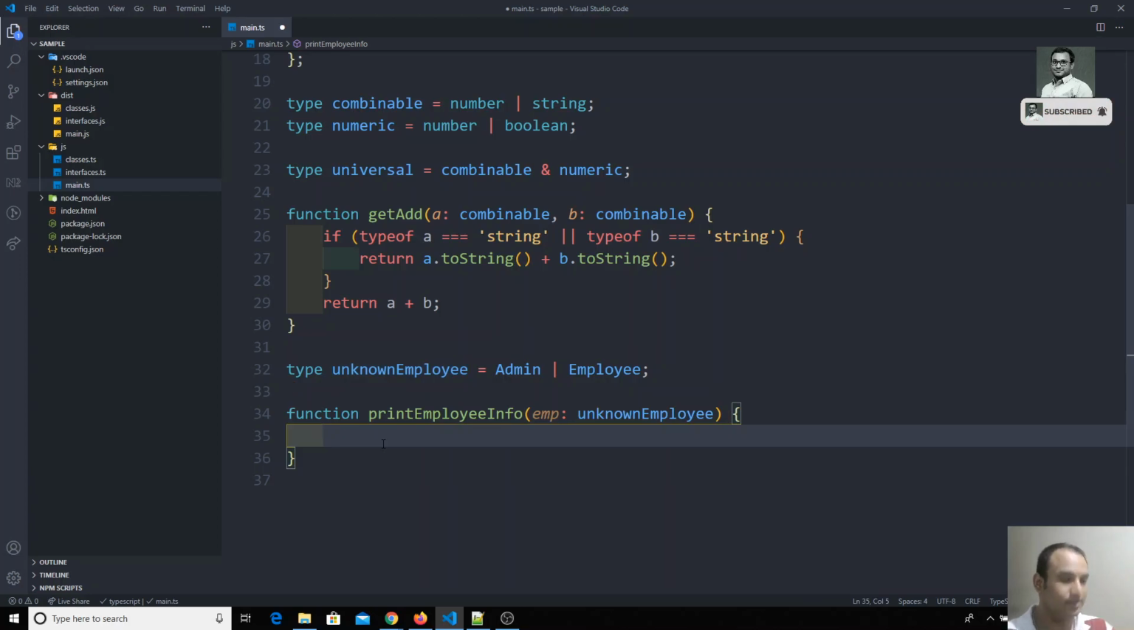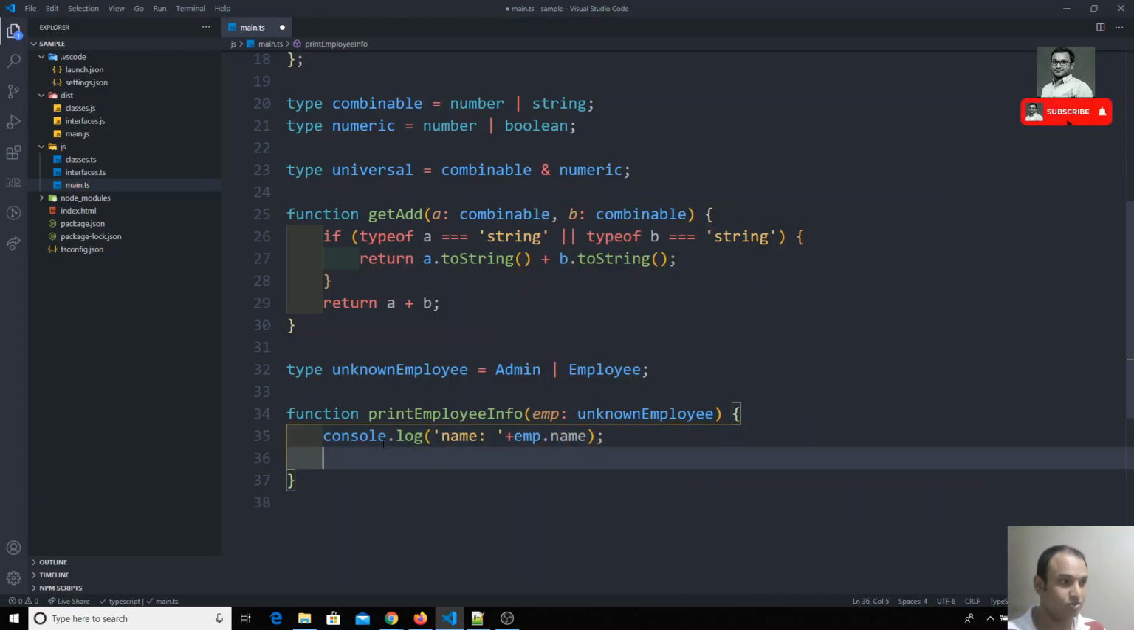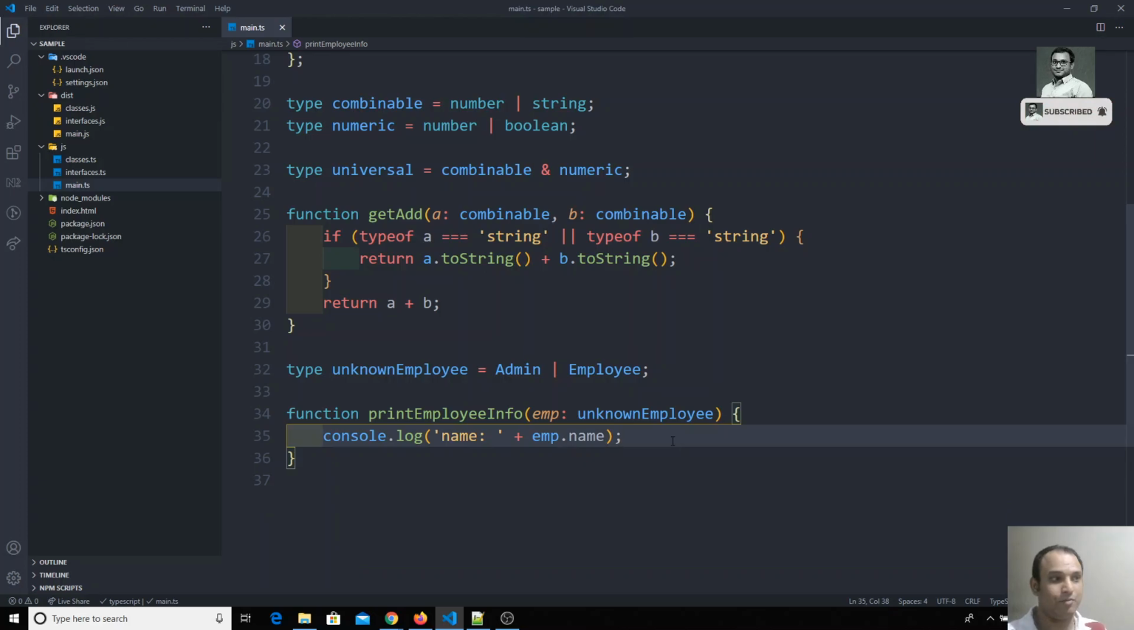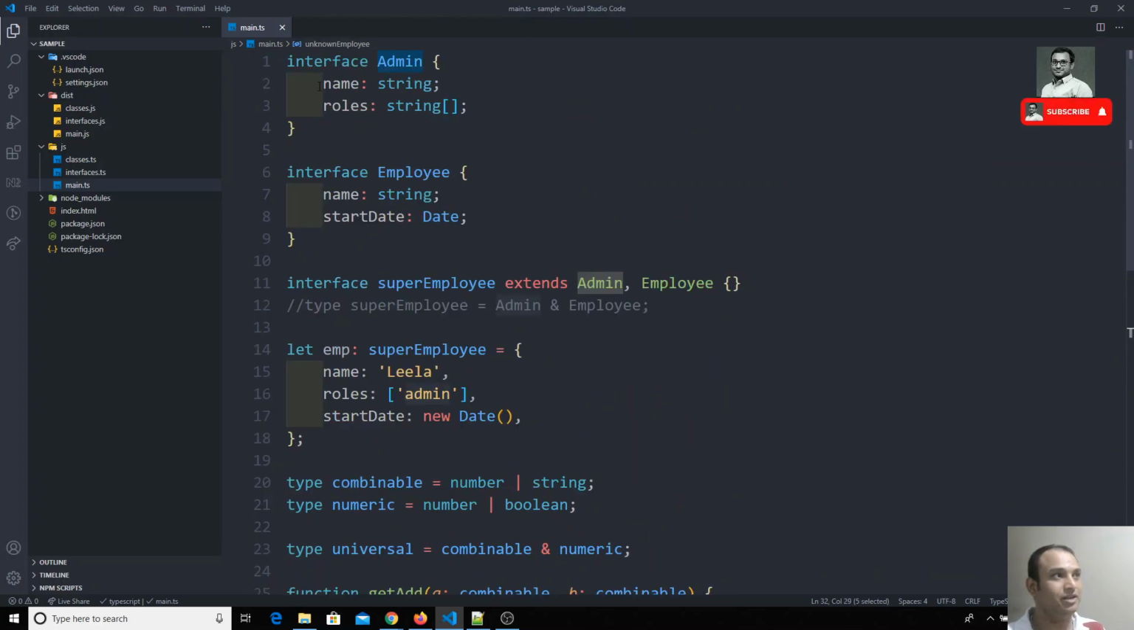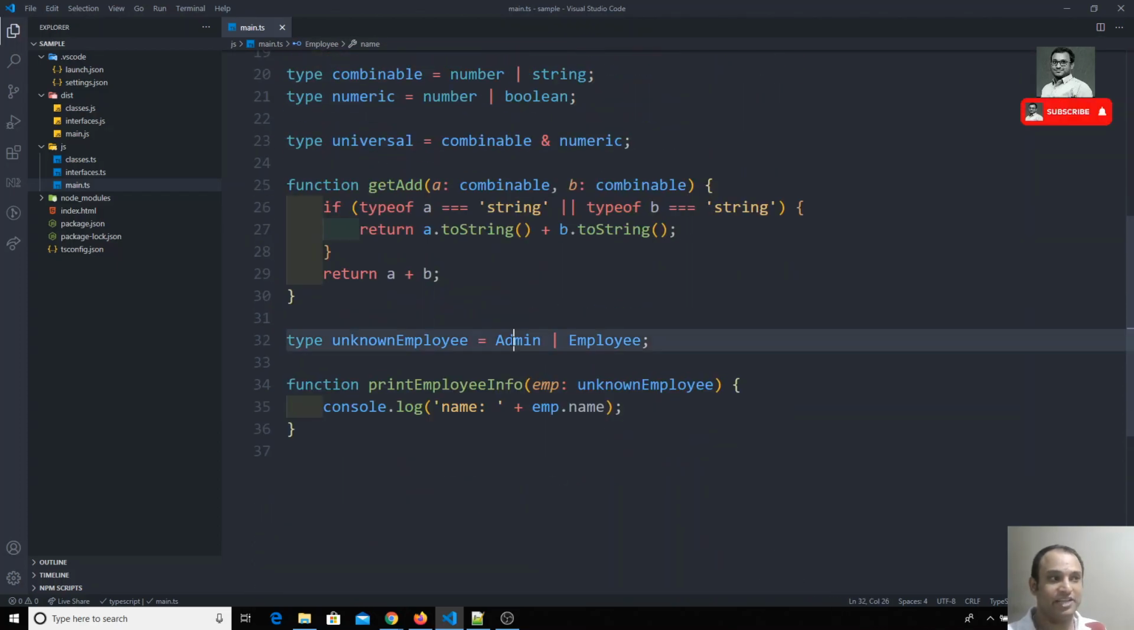Now what I can do is console.log. I can print the name of the guy without any problem, emp dot name. We didn't get any problem. Why? In admin we have the name property, and in employee also we have the name property. So either we pass admin employee or the employee information to this function, we can print the name